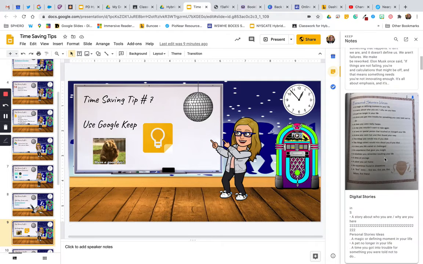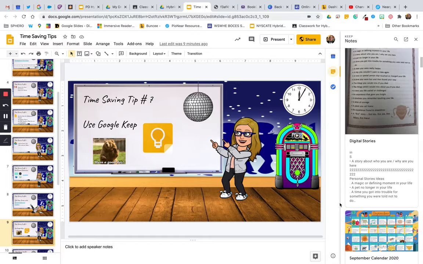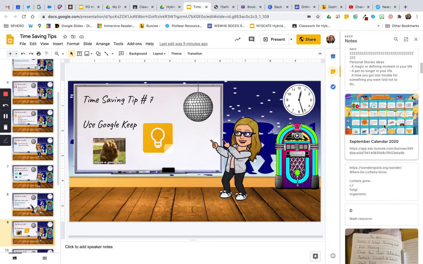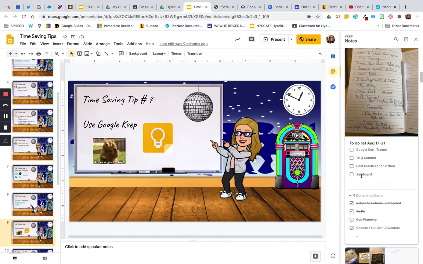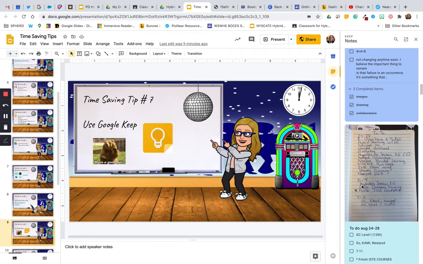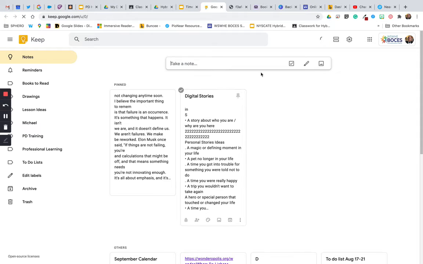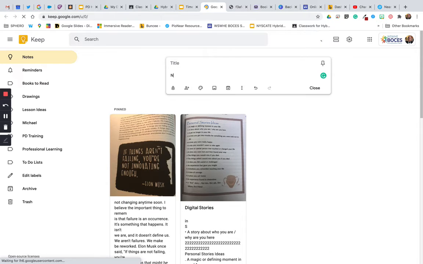And you can see that I can take pictures of items and have it changed over into words. I can put in links. I can put in my own notes and have it changed into a to-do list. Each of these notes, if I open up Google Keep, can become completely collaborative. So if I take a note and I can say notes from today,